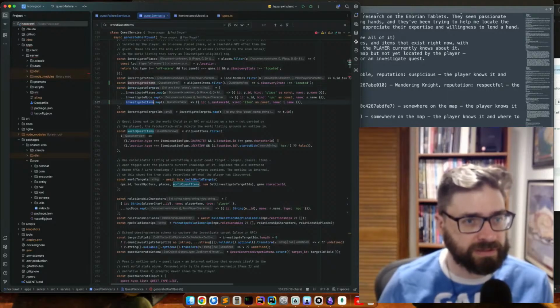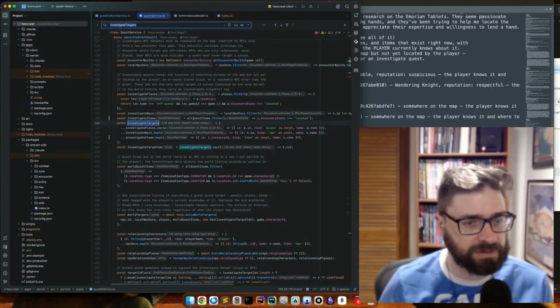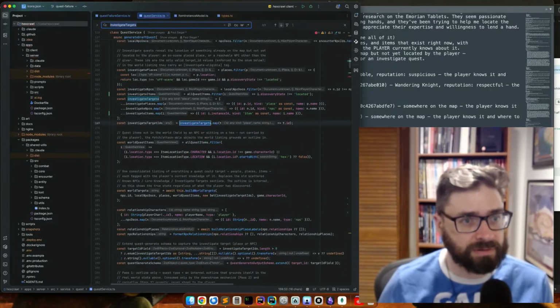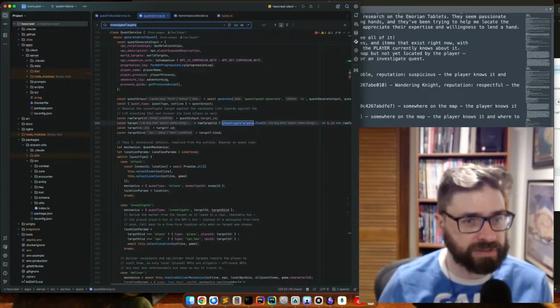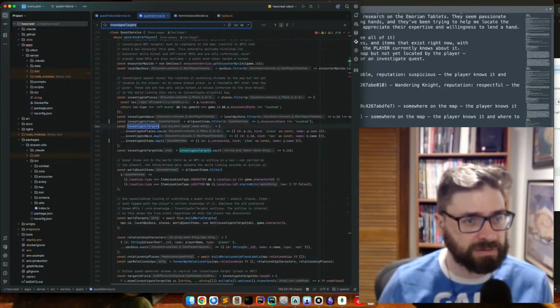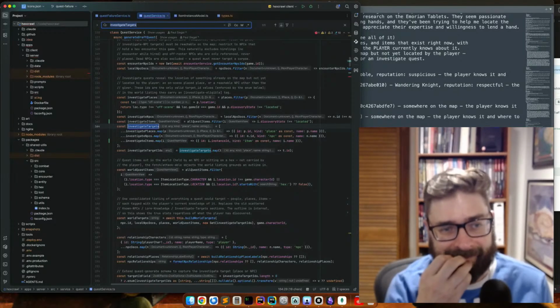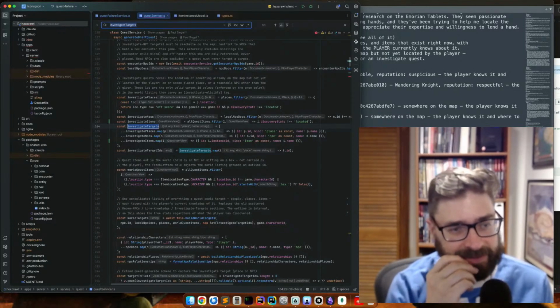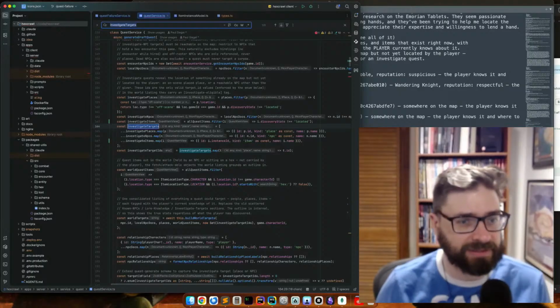So these investigate targets work for generating the strings. Right, we like that in. I've lost tabs of all the pieces of the puzzle here.